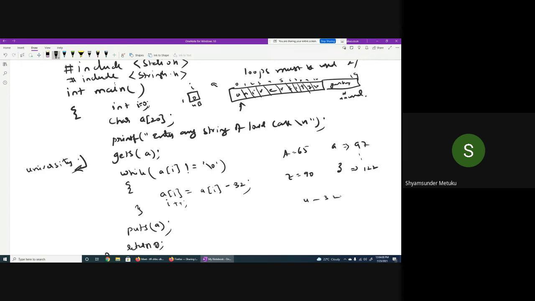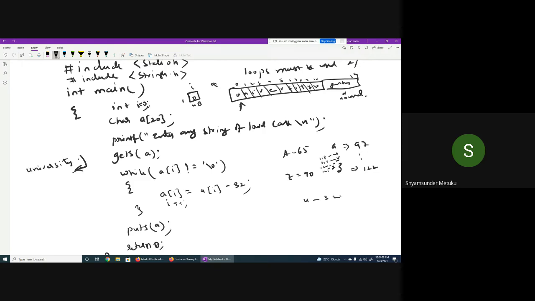So u is replaced by how much value? If that is equal to 122, then u, v, w, x, y, z. So how much will it be? It will be 121. No, u, v, w, x: it will be 120, 119, 118.